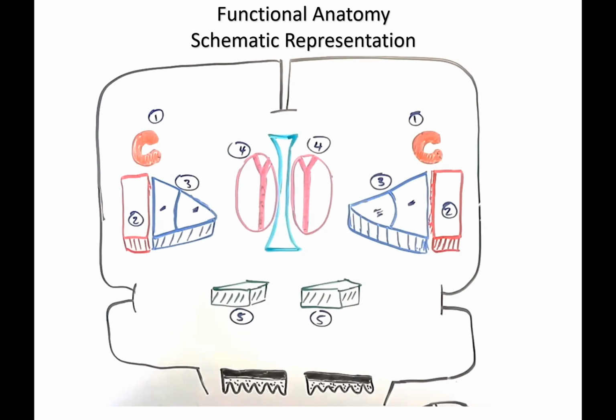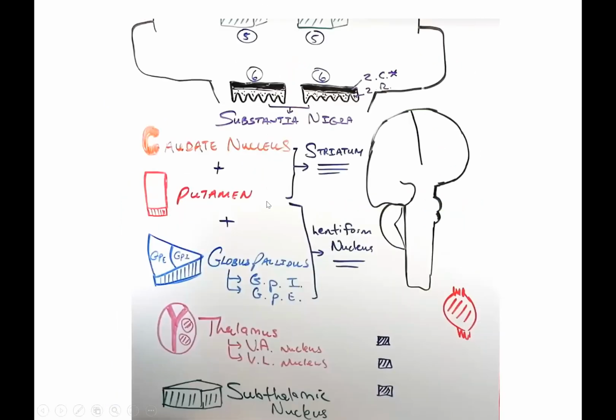The fourth one is the thalamus. Both thalami are separated by the third ventricle, and there are subthalamic nuclei. The fifth one and the sixth one I forgot to number, and that is the substantia nigra, which is in the midbrain. Okay, if you are asked to write short notes on the structural anatomy of basal ganglia, you should put this picture and say, 1 caudate nucleus, 2,